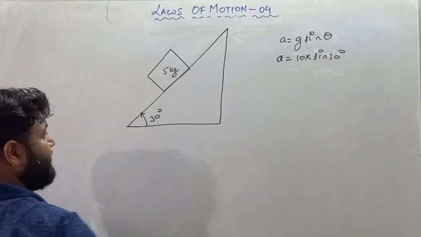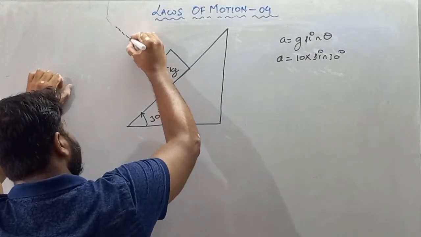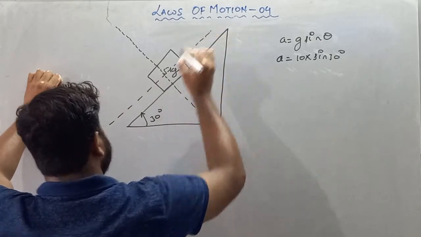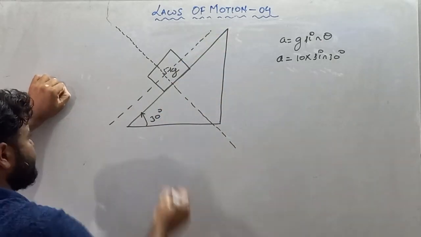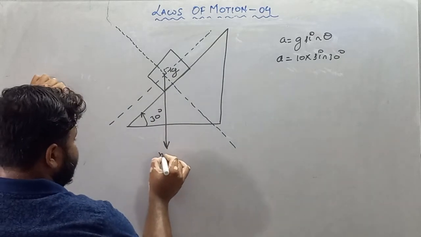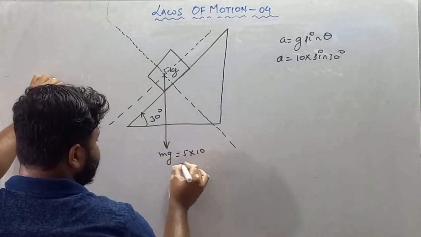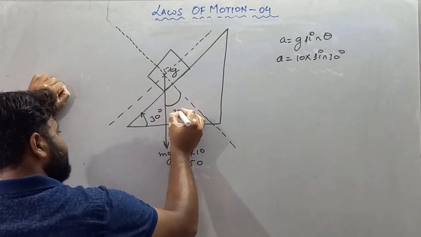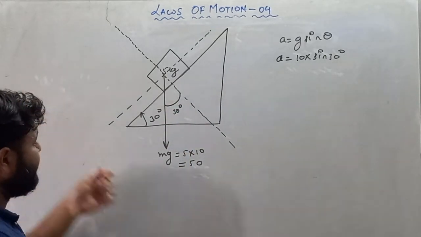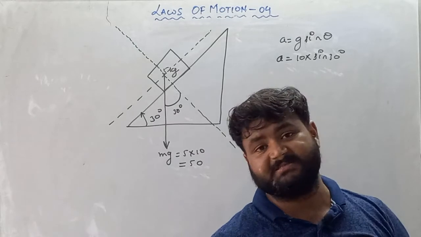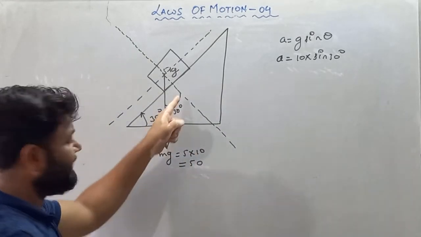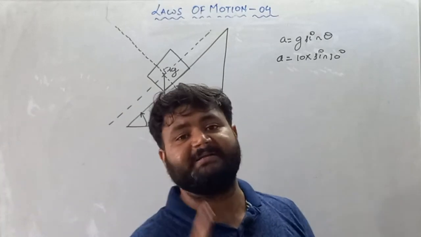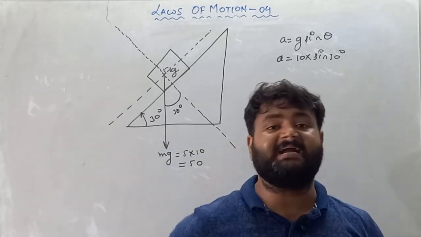So see, my dear student, if you want to solve by making a free body diagram, let's make a free body diagram as well, so that it will be clearer to you. So this is 5 kg, so its weight is vertically downward, it is mg, so 5 into 10, it must be 50. Now see, the angle of inclination is 30 degree, so this angle also becomes equal to 30 degree. As we all know, weight is force and force is a vector quantity, and if any vector is making some angle, then you have to split its component. For any vector, we have to split the component in two forms. One is cos and another is sine.